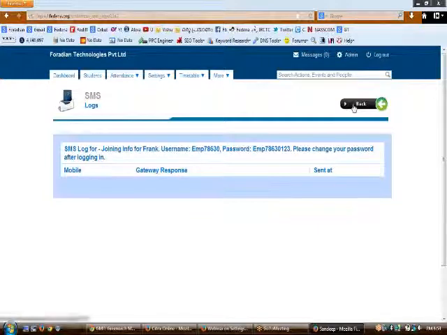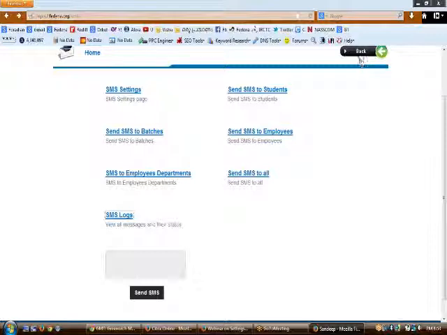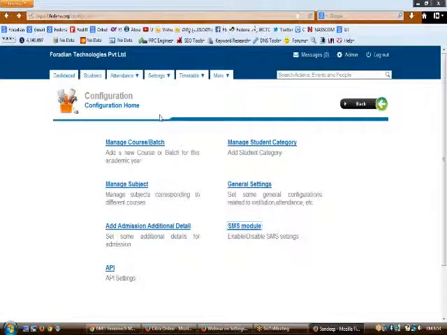and the response from the gateway too. Moreover, before doing the SMS settings, you have to get the account settings for your instance, and you can use this SMS settings for your instance. This way, once this has been configured, you will be able to send SMS to the desired recipients from the application.